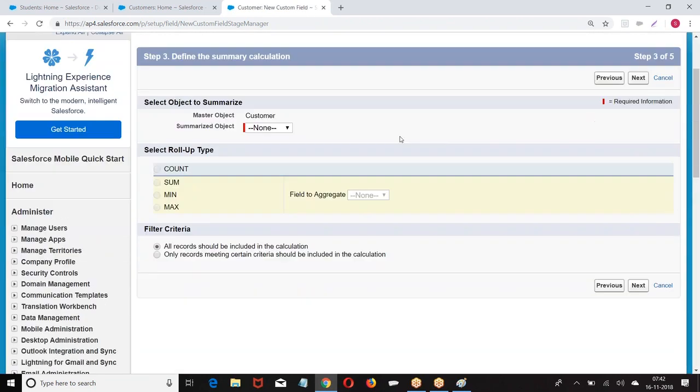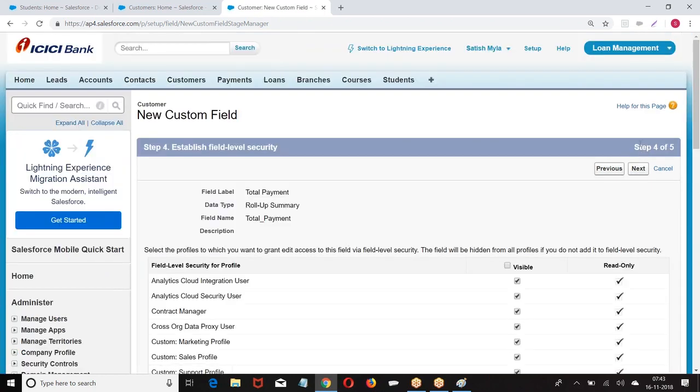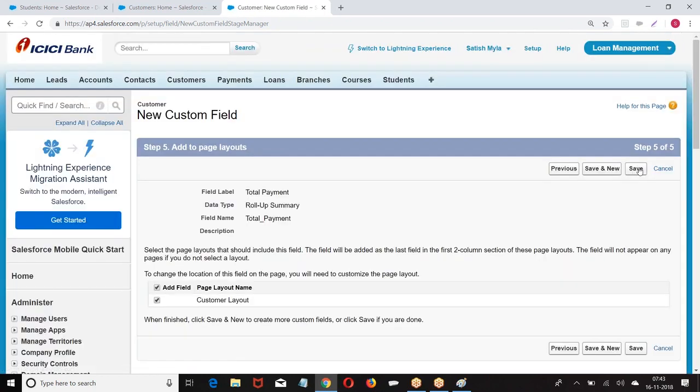Next. What type of operation? Now, customer is a parent to payment as well as loan. Which object are you trying to summarize? Payment. Count, or sum of amount. It is asking whether all the child records should be included. I told you yes, all the child records should be included. Next.